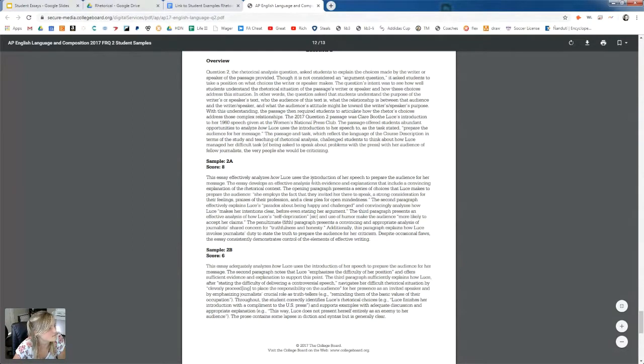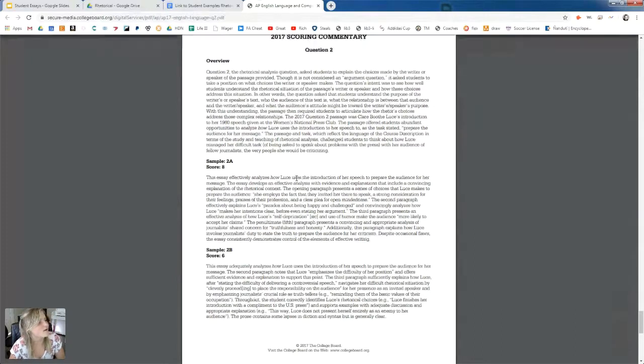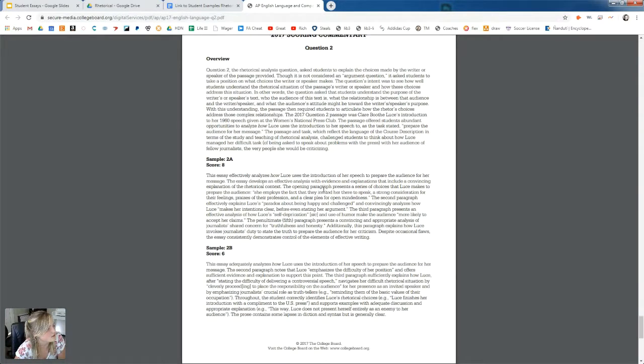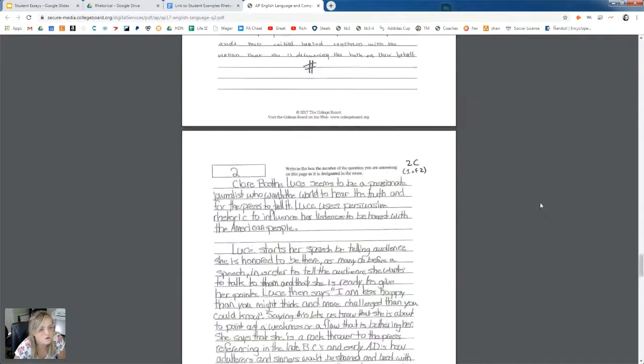Let's see. Now I lost where I was. Oh yes. Okay. So we saw that in their essay, they clearly stated this is how she prepares them. She is self-deprecating, so she hopes they'll be nicer to her. So that's good. Okay. We'll do one more rhetorical, then we'll go on to argument,